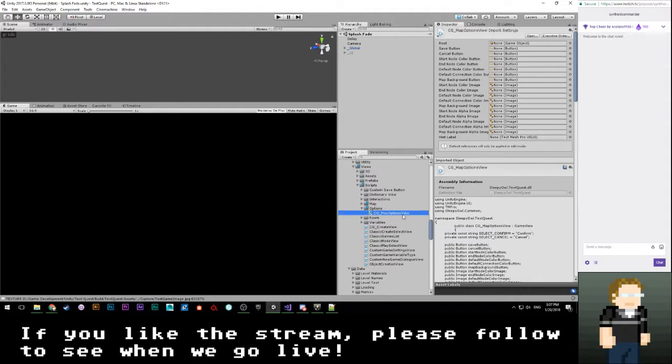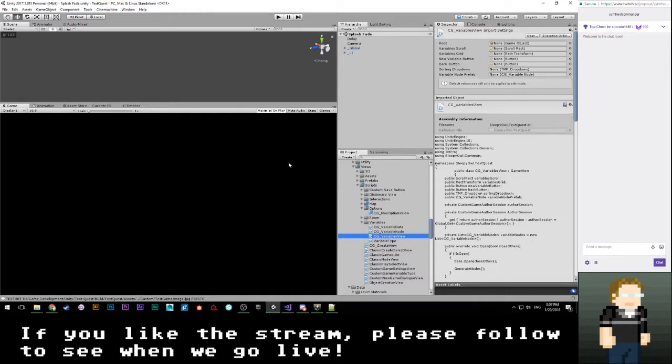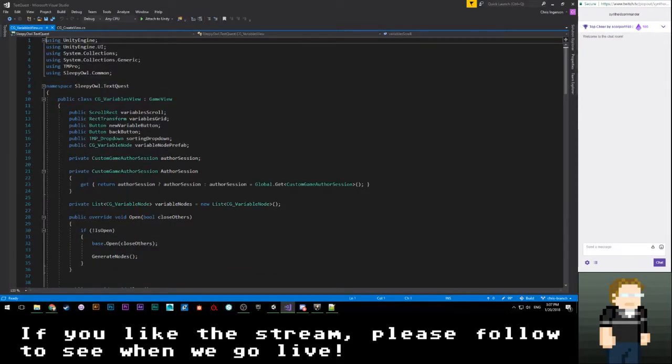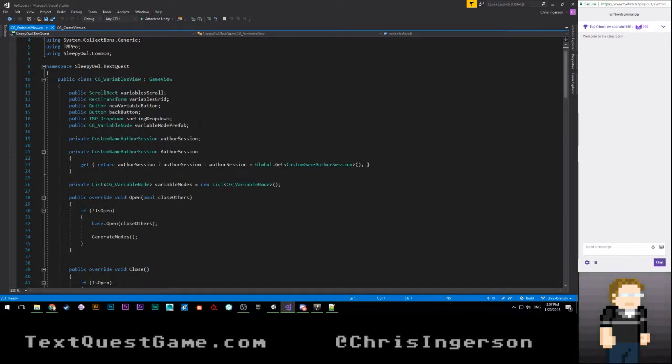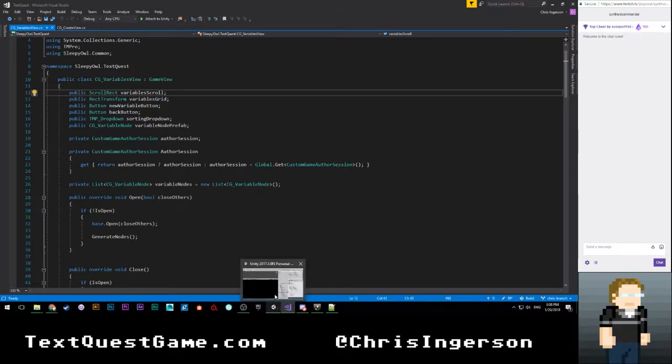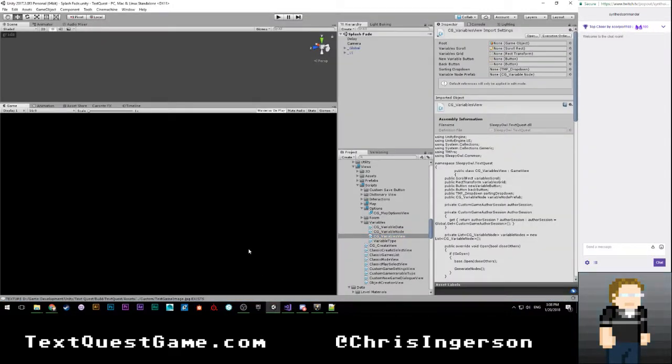And let's see, probably should go ahead and grab CG variables. So, I mean, maybe I can move this. I probably should actually have variables be distinct so that it doesn't get too confusing. Yeah, there's not really a good spot for this, is there? I'm trying to think of the most logical place that these things should go.